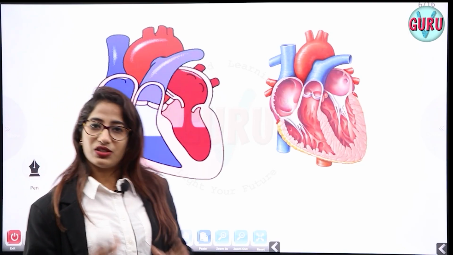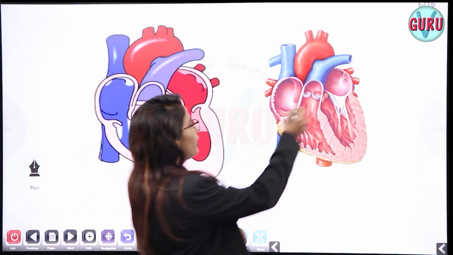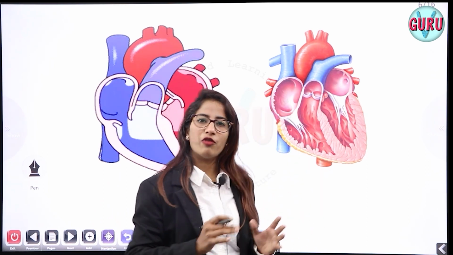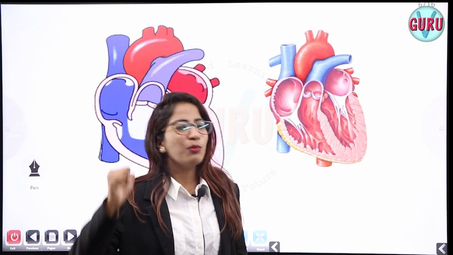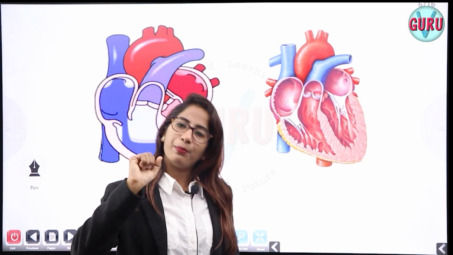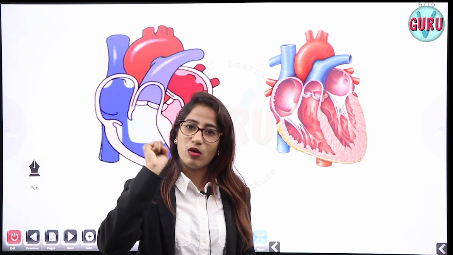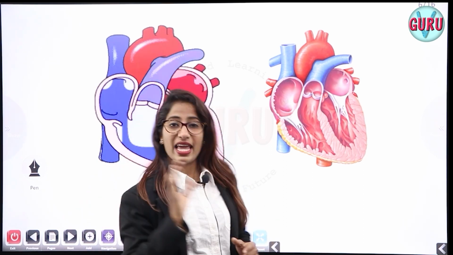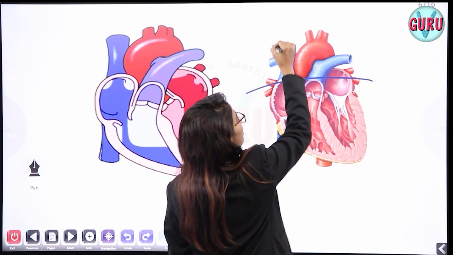So before going into the structure, let's see what is the shape of the heart. Here you are seeing the shape. Usually the heart is in the shape of a pear, okay, and you know your fist, right? Mostly the heart will be approximately the size of your fist. So if my fist is of this size, my heart will also be of this size. Fine. Next comes, you can see this is the anterior side